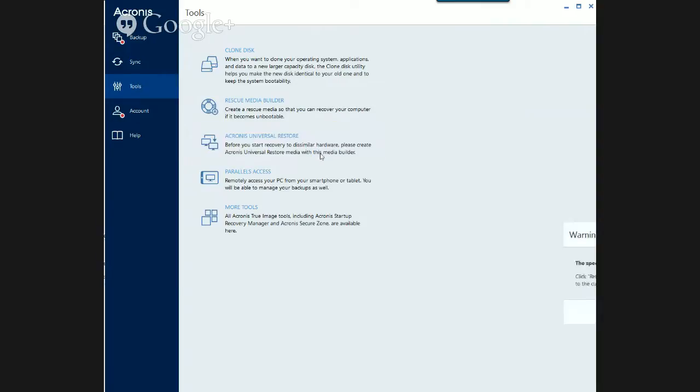So this would be like building a brand new computer that has a RAID array. Before we can actually install the operating system, we have to configure the RAID array. So before, in this case, we can do the restore, we have to configure the hardware. But the cool thing about that is suddenly if I need to,